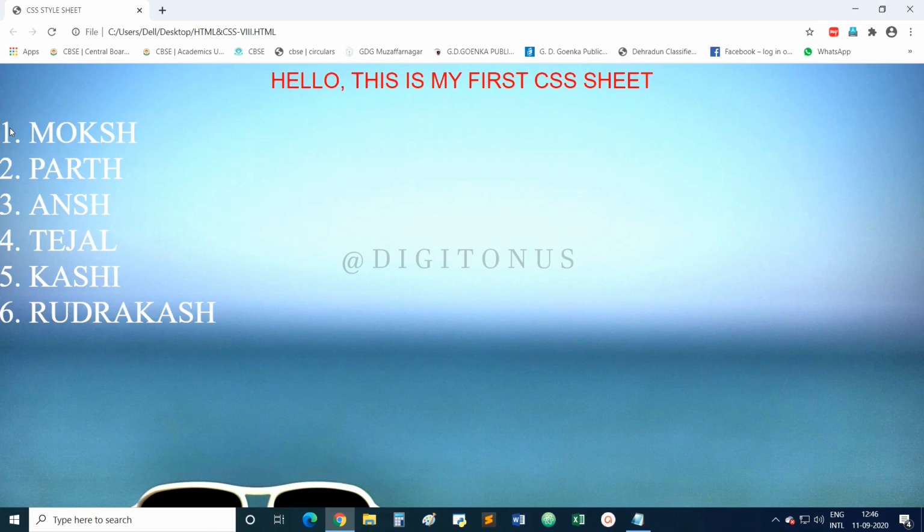It means by default, if you are not using any other attribute, you are just creating a simple list, it will start with the numbers 1 2 3 4 by default.